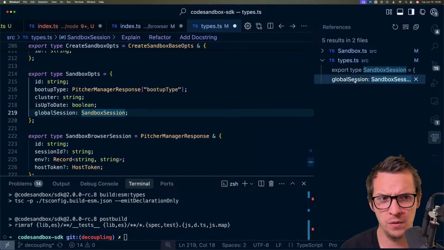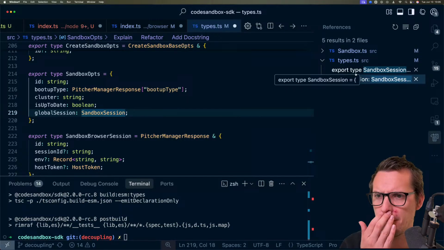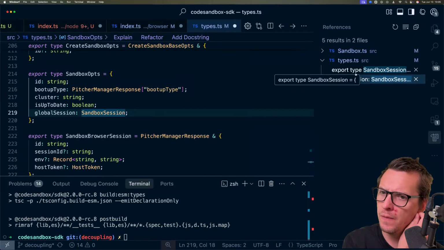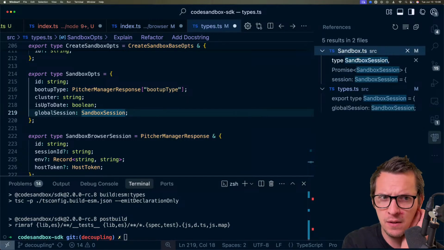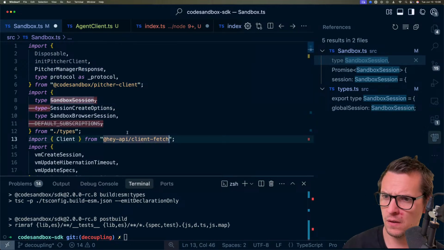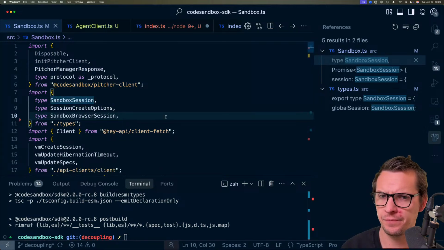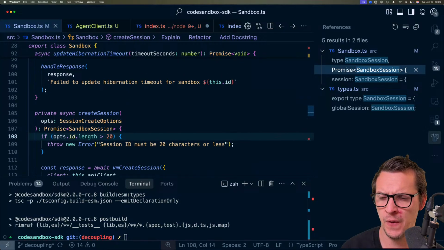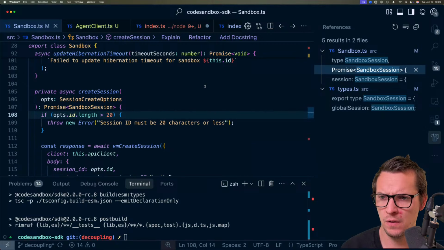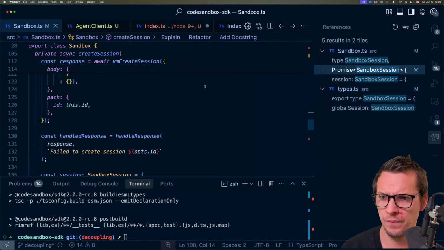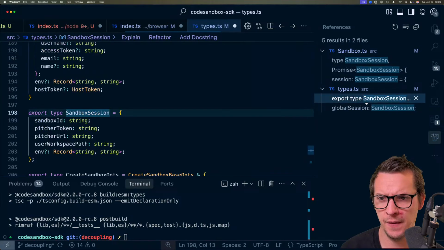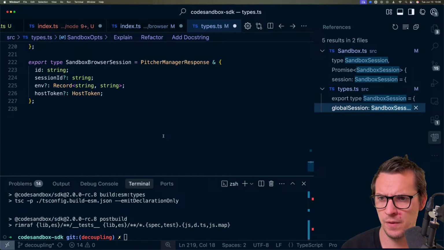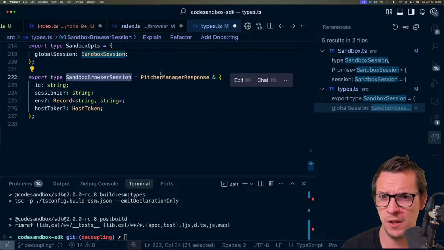Yeah, we do. Sandbox options. Okay, do we actually use that? Oh yeah, that's internal sandbox session. Yeah, okay. And then we have the actual sandbox browser session, which includes